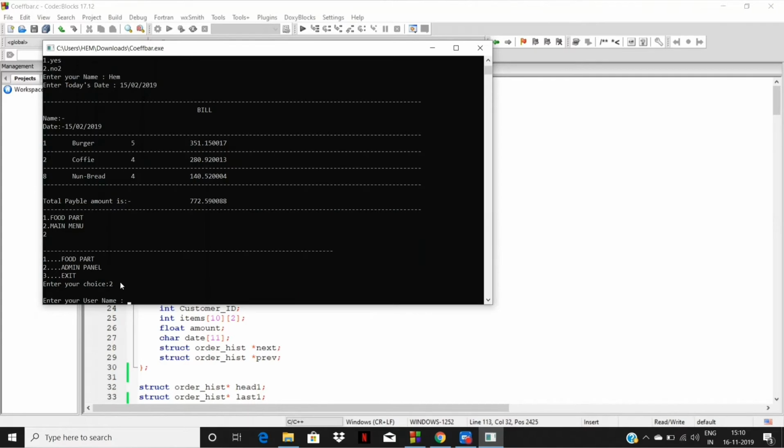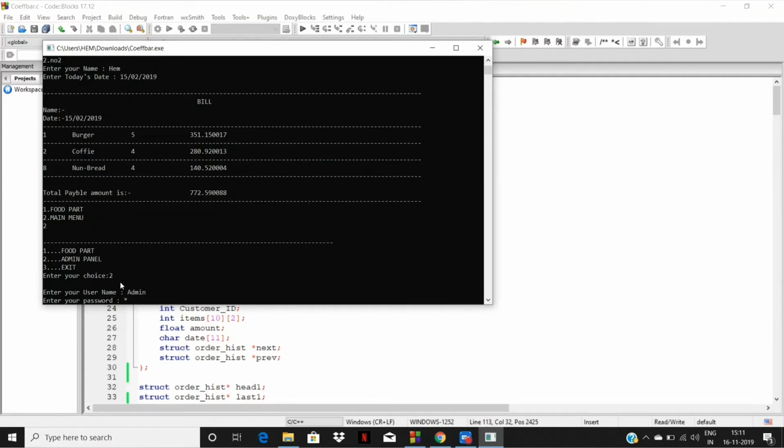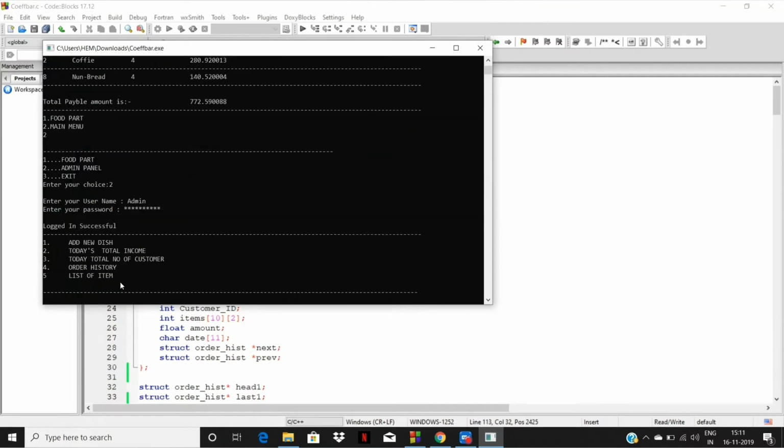Here the system is asking for a username and then it will ask for the password, because there are several functions which are not accessible to customers and are only accessible to the admin. So you have to enter the username and then the password.